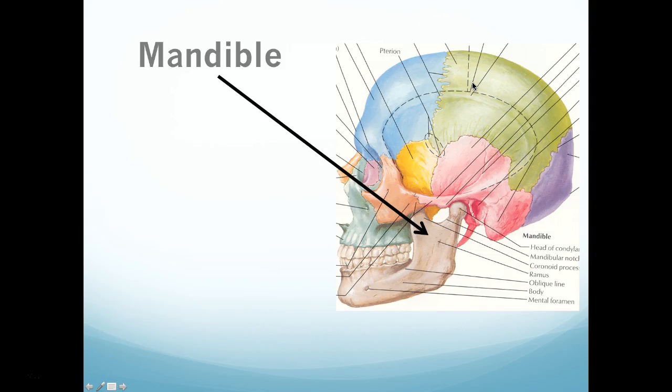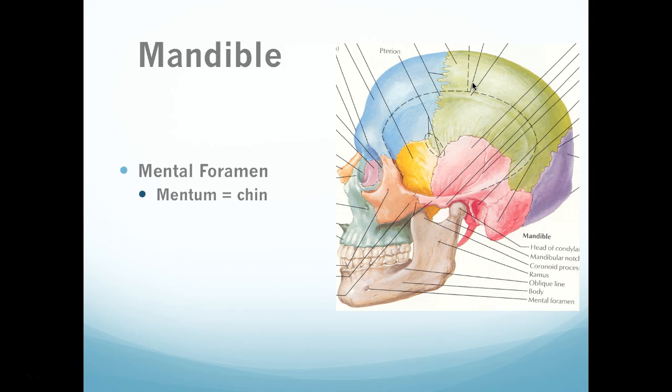And here we have the mandible, which would make up your lower jaw. Mander means to chew. And we have another hole to know here. That is your mental foramen. The word mentum means chin, and that's why it was named so. But I always kind of stroke my mental foramen when I'm in deep thought, so that kind of helps you